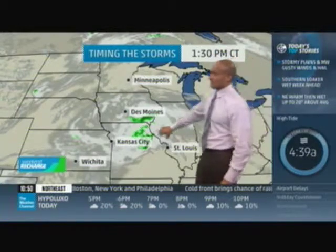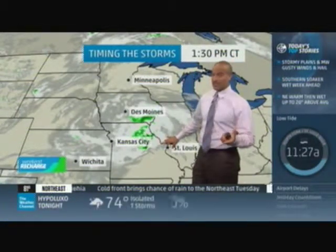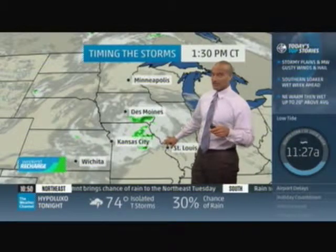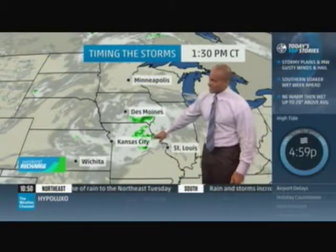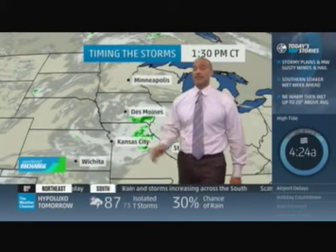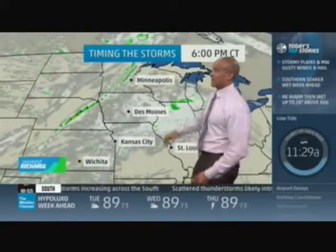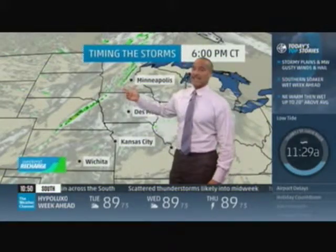The rain eventually pushing out of western Missouri, but across central Missouri, Jeff City, Columbia could still see some rain showers scattered as we head on towards lunchtime here. And eventually can't rule out some sprinkles making it to St. Louis, but the heavier rain will be well to the west of you, and most of that will be dying down. As we head on towards the dinner time hours, our cold front, well, storms now getting active as they